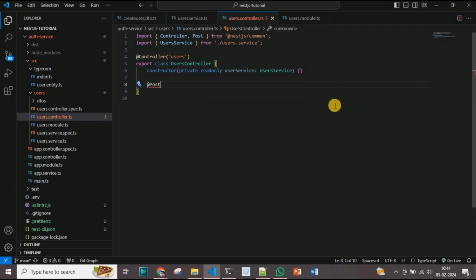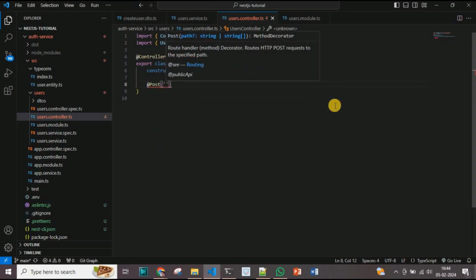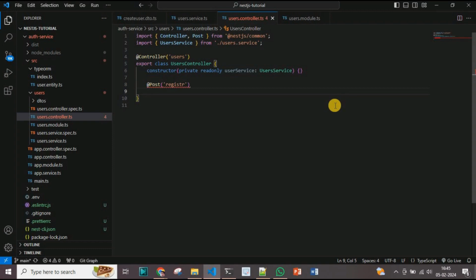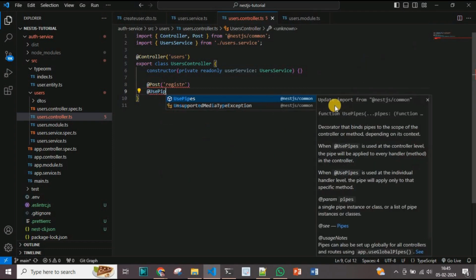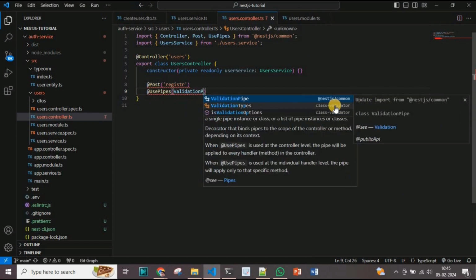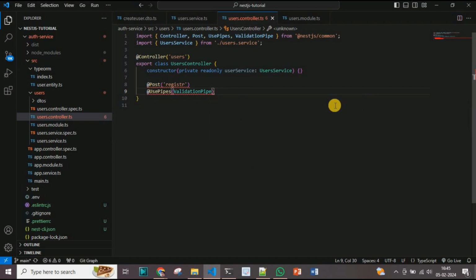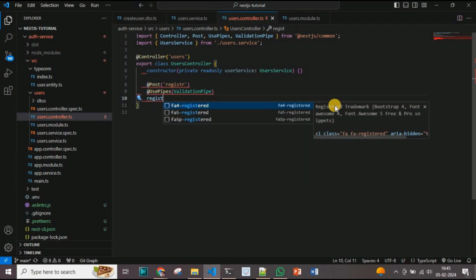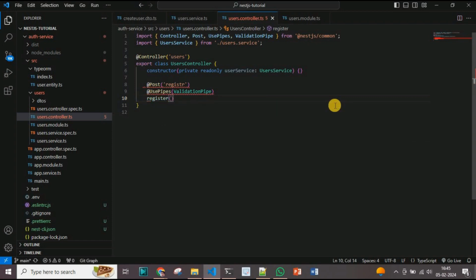So I will take the Post decorator here, and it will be the route users/register, and here I will use the validation pipe, UsePipes, and it will be the ValidationPipe. So this decorator is used to apply the validation pipe to the route handler. The ValidationPipe is a built-in pipe in NestJS that automatically validates the request payload. So here our request payload will be the user DTO. We already defined the validation in the user DTO,